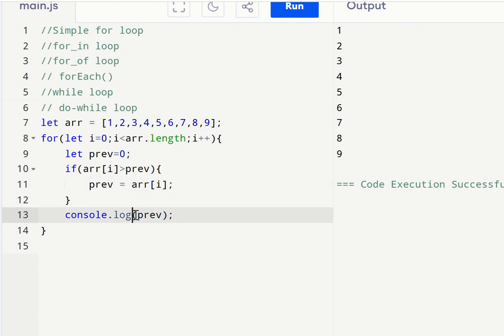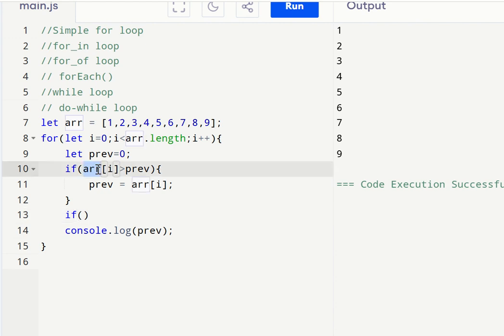So every time it's printing, na. I don't want to print this if I is equal to arr.length, then this will print. Okay,